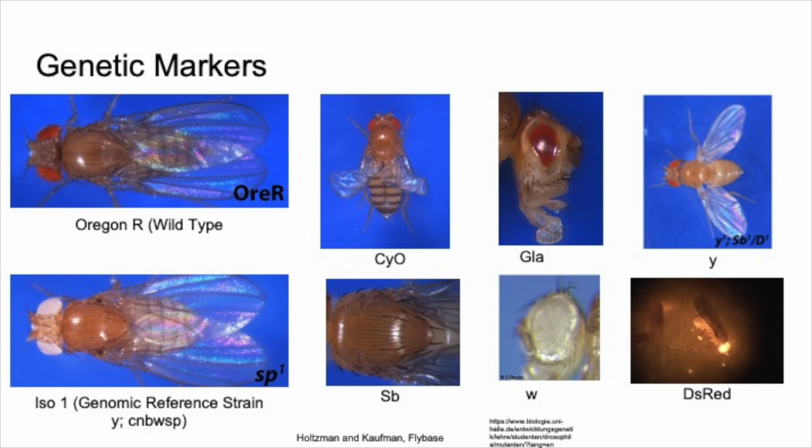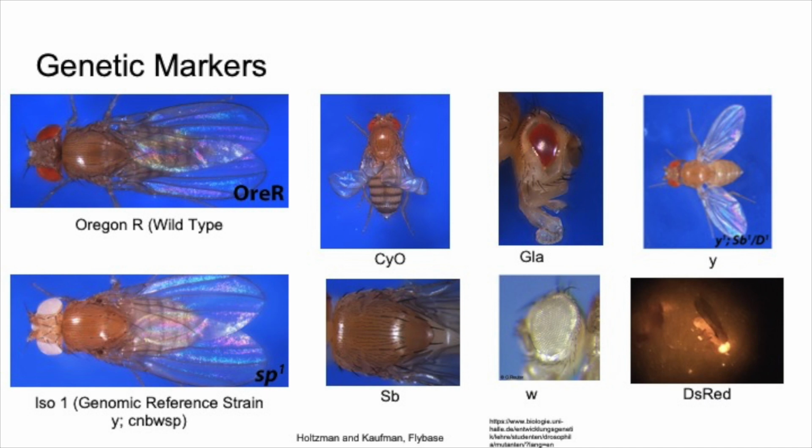In the second row we see stubble, which causes the setae on the thorax to be much shorter and smaller. You can see in Oregon R that the setae are long enough that they extend a ways beyond the thorax and cross above the abdomen, whereas in stubble they only extend a short amount and do not cross. Next to it we have white, which is an incredibly obvious mutation, which causes the eyes to be completely white. And lastly we have DsRed, which is an artificial fluorescent protein, which causes flies to glow red under the correct spectrum of light. Here DsRed is being expressed in the eyes primarily, which causes the eyes to glow